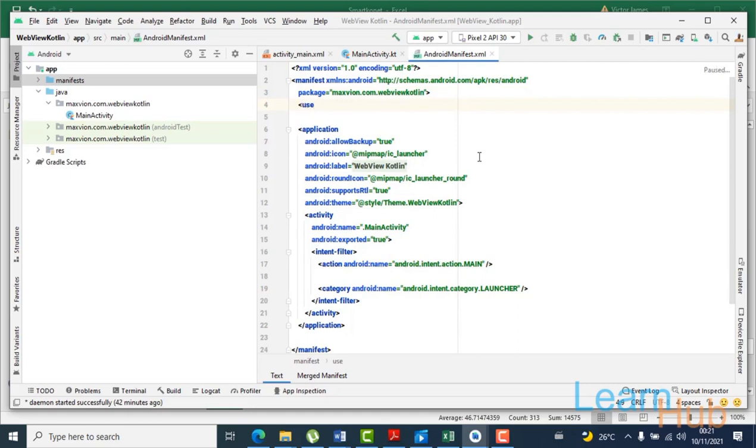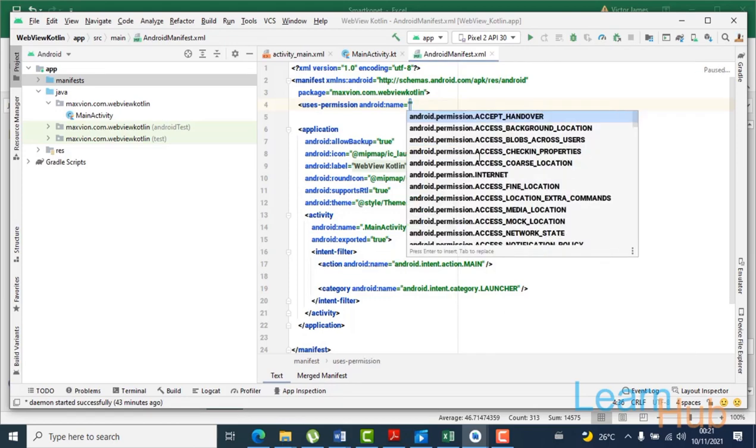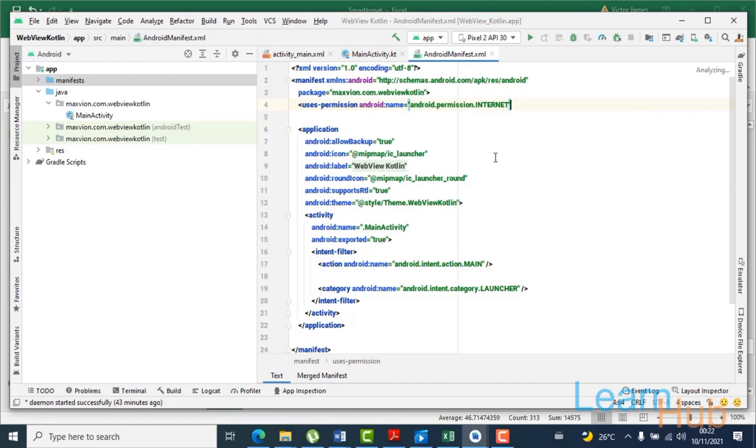Uses permission. Then choose permission.internet. That is all we have to do here.